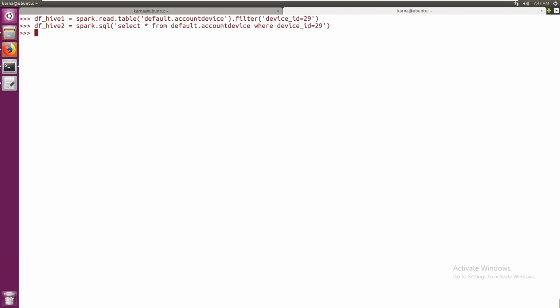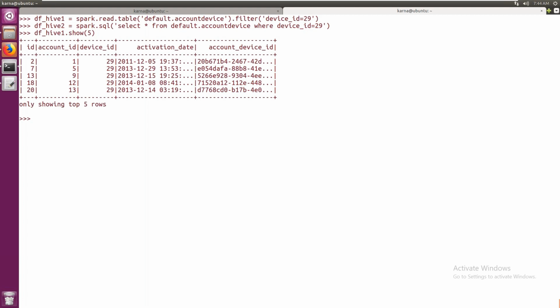Now df_hive1, df_hive2. Now let's say I perform some transformations. Let's say hive1.show(5). I have some data in this. Let me add one column. How do we add a column? df3 = df_hive1.withColumn, let me call it new column, current_timestamp.